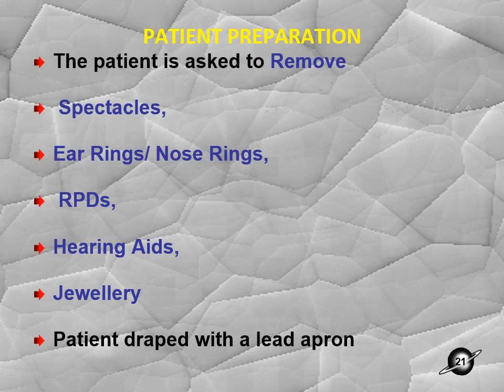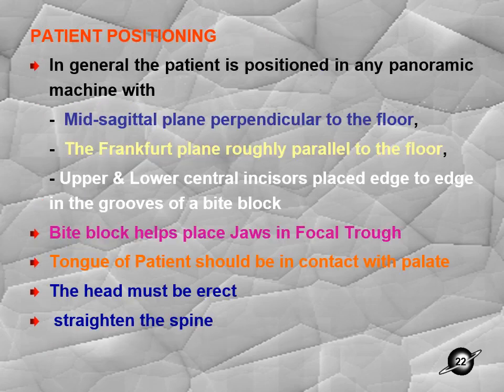Then the patient preparation, positioning and head alignment. As I told you, once we exactly know the principle, the very important thing is the patient alignment. First we need to prepare the patient. You ask the patient to remove all the eyewear, earwear, nose ring, any oral prosthetic appliances, hearing aids and neck jewelries prior to being draped with a lead apron covering both the front and back of the patient.